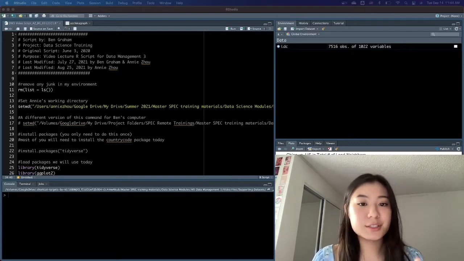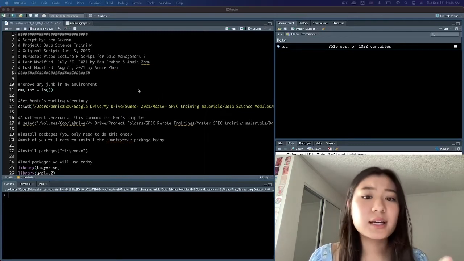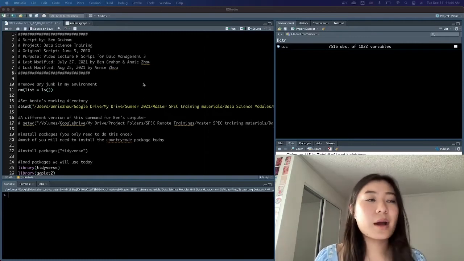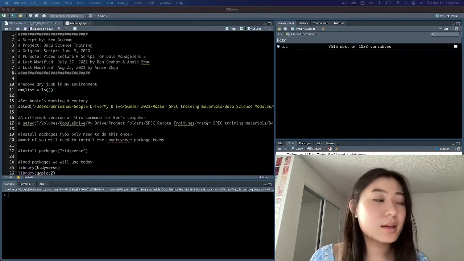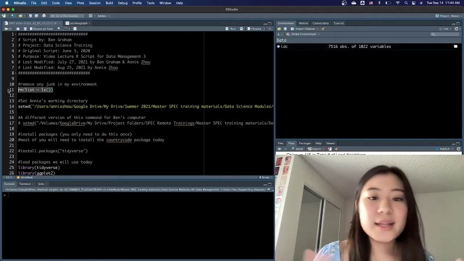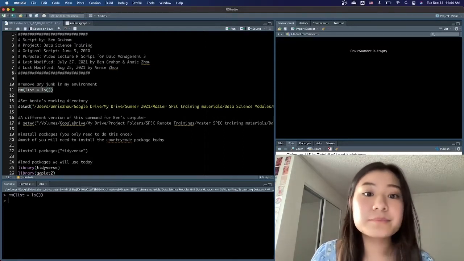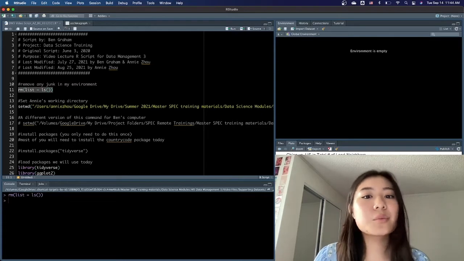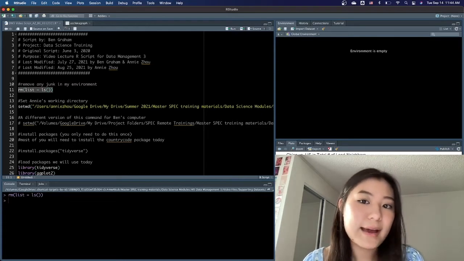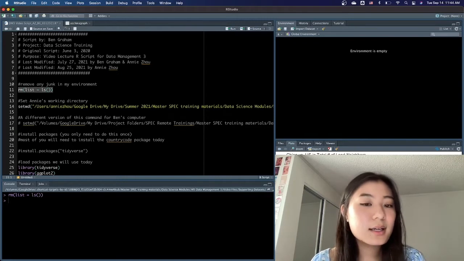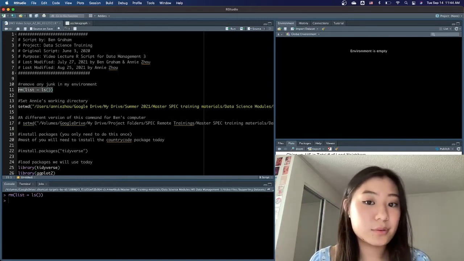So we've got a standard header here in the beginning describing what the script is about and who wrote it. And we're also going to remove any junk in the environment before we get going on line 11. And we're setting our working directory to a folder that houses both our training data subfolder and our training output subfolder.